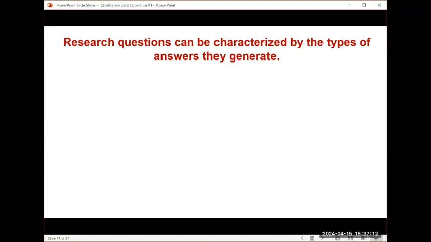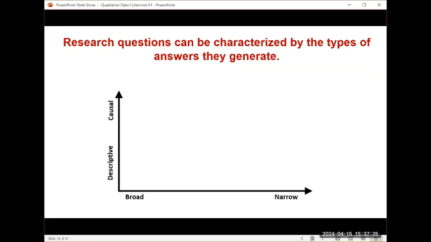All right. So the other thing about exploratory studies is there's certain types of questions that fit into them more than others. So let's look at a range of research questions. I'm going to look at research questions along two continuums. One is from broad to narrow, and the other is from description to causal. So let me give you some examples. A really broad descriptive is, how does X work? A broad causal is, why did X happen? Tell me the history.